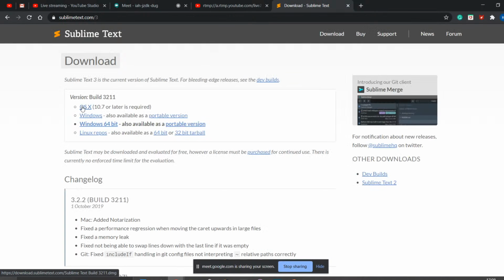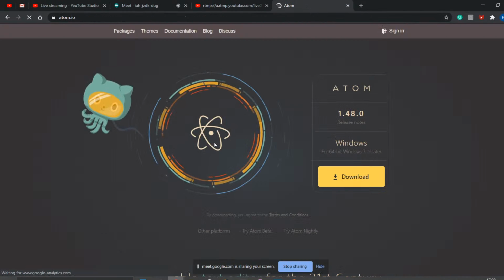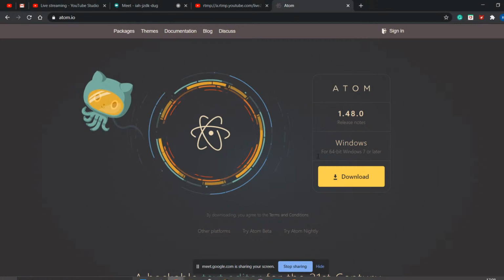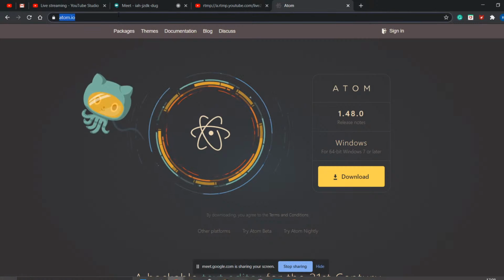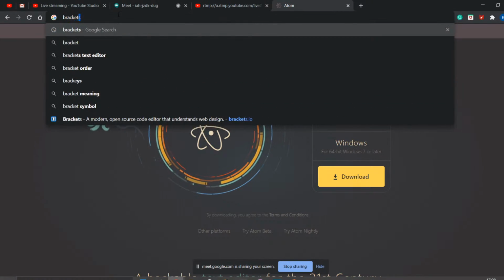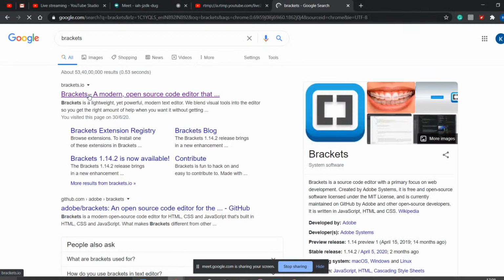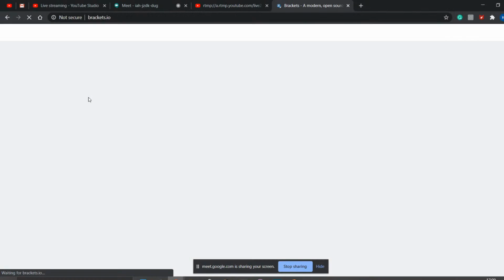As per your system's version, you can just download it, and this is a best tool. If you are not okay with that, there are a lot more tools, such as Atom. You can download Atom here for Windows. Another is Brackets. These are open source.